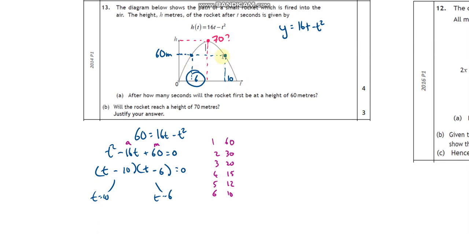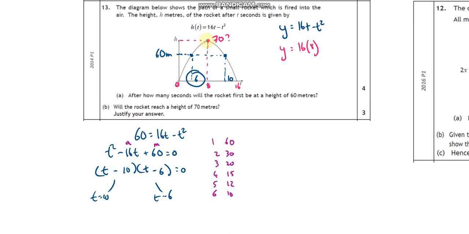But it's just the middle number between any two of these points on the graph. So looking at 6 and 10, the middle number there is 8. If I was given the two roots, the middle number would be 8. So that means the root here, it must be 16. That's obviously 0. So if you know that the time is 8, just substitute 8 into the equation. Okay, so y,